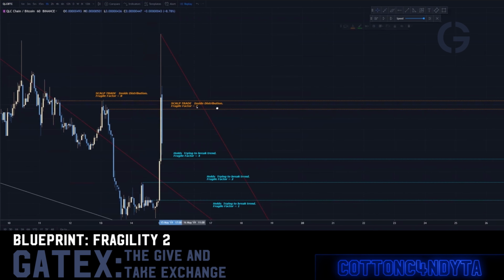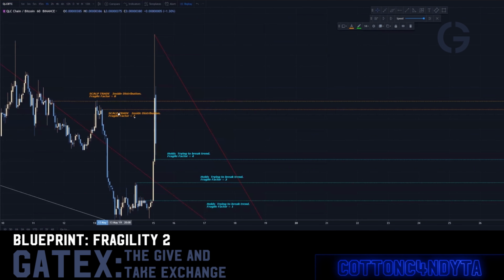Now, I want to stop there for a second and talk about something. So we have this bottom side here would be a 7. Okay, we'll put that there and we'll put it on this side. That's fine. You guys ever notice something that does come up like this and has this crazy swing move, comes down and holds a super high level, right? Like that, holds a super high level before it makes a big move. Well, now maybe you understand why the bigger move will happen, because the higher the fragility factor, or the higher the